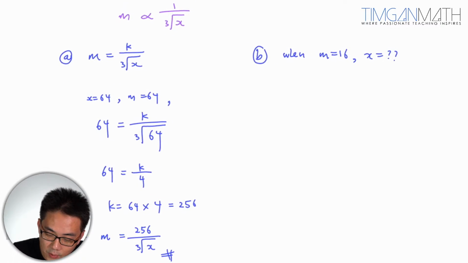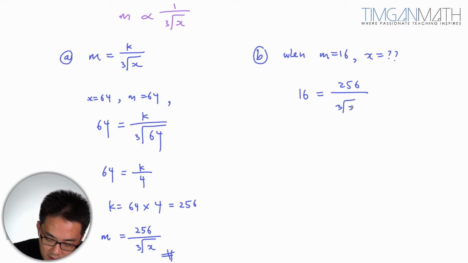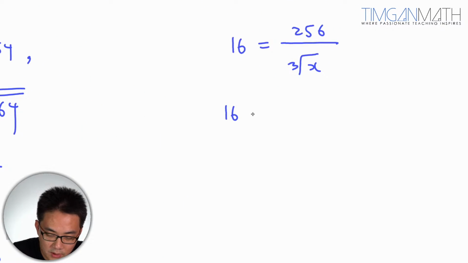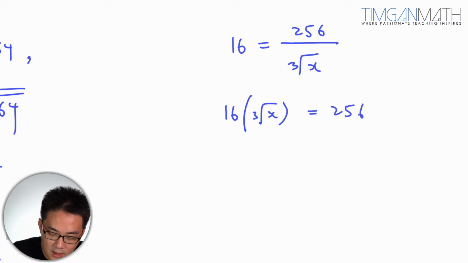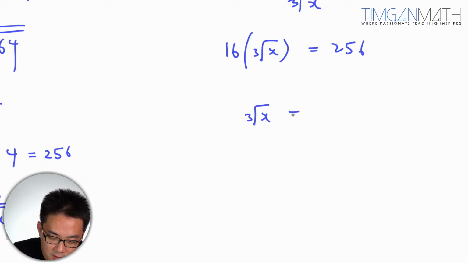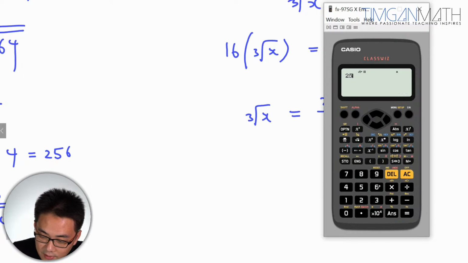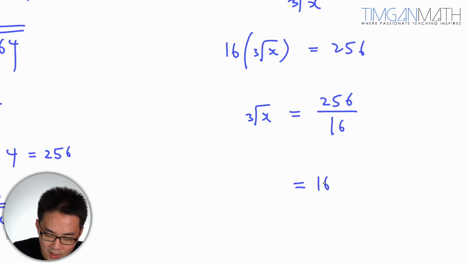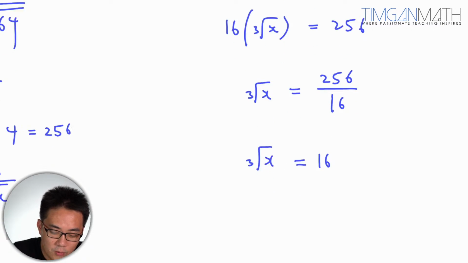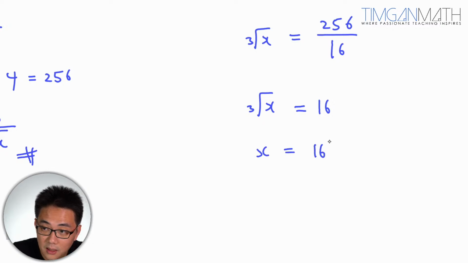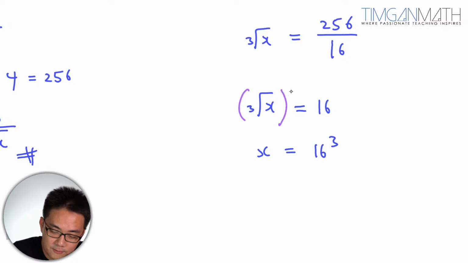Okay, so I'm going to just put in 16 here, which is 256 over cubic root of x. In this case, I'm just going to multiply this up, and this is 256. So cubic root of x equals 256 over 16, right? 256 over 16 is 16, so that's pretty okay. After which we're going to cube both sides, so x will just be 16 cubed. Okay, so cubing both sides,